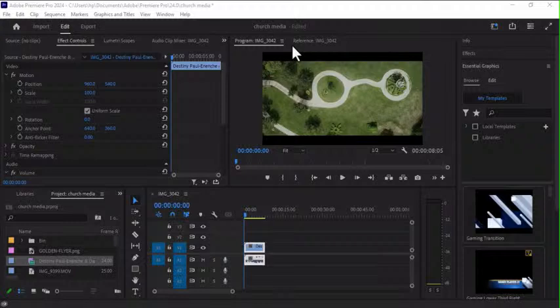Today I'm going to show you how to speed up or slow down clips in Premiere Pro. Whether you want a dramatic slow motion or a fast time-lapse effect, I'll walk you through it. So at the end of this video, you will be able to know how to speed up or slow down a